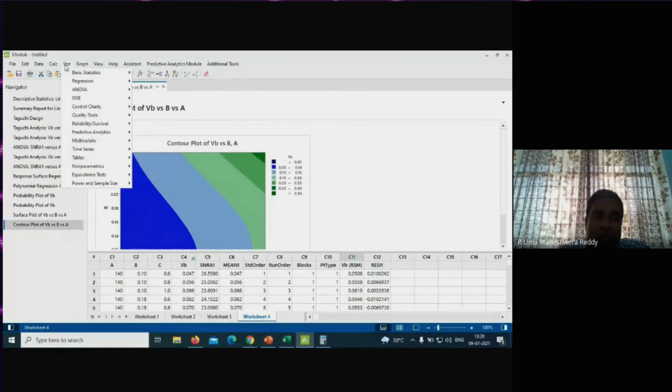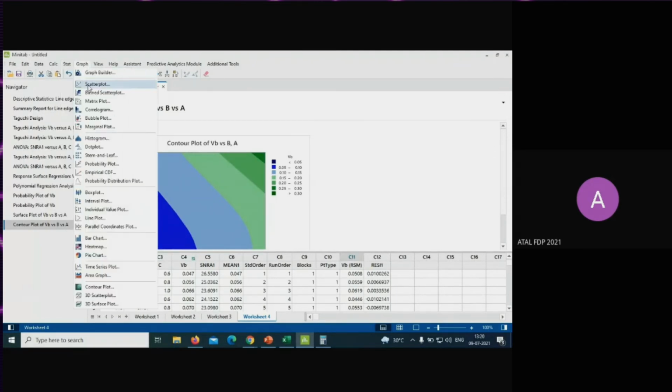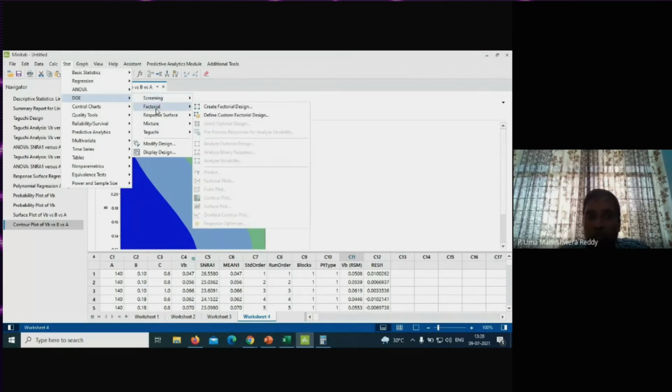And coming to statistics, let me go back to the DOE and factorial. This one I have not shown to you. As you have some more time with us, let me show you the factorial. Sometimes we use a factorial design also, and if you see some of the research papers, you can find full factorial designs and fractional factorial designs.